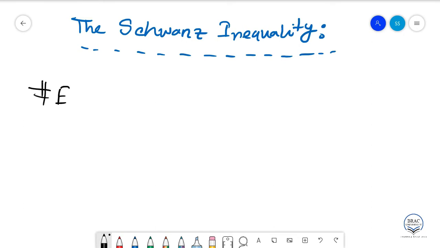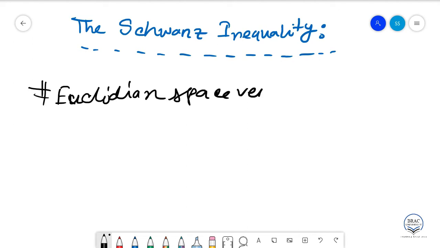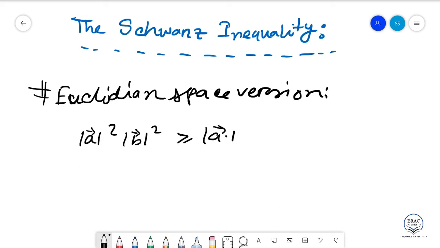So let me write it down properly. The Euclidean space version tells you that if you have two vectors, then the modulus square of those vectors, and I'm just denoting them with an arrow, this is the 3D version, is equal or greater than the dot product thing. This is the Euclidean version that you are familiar with, or you might be, and today we want to see